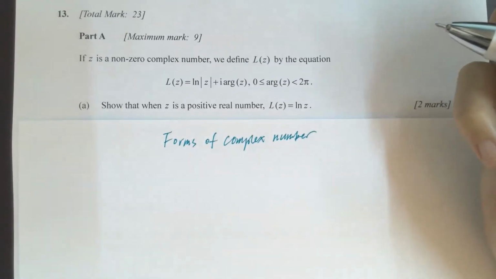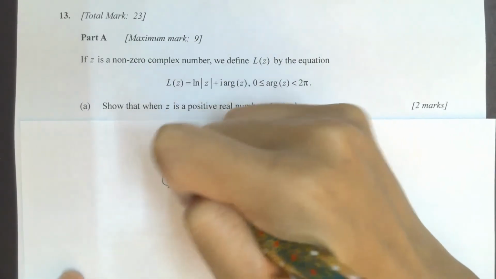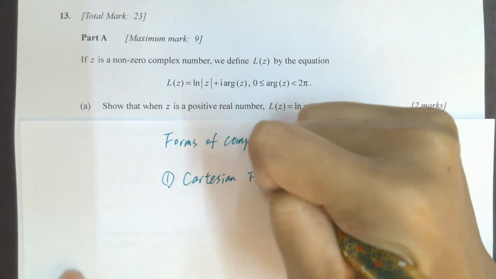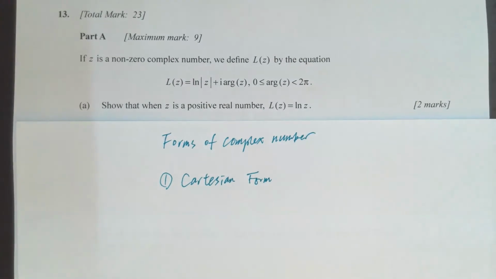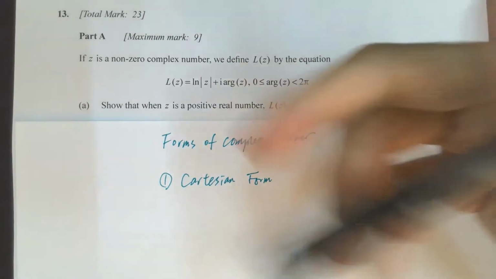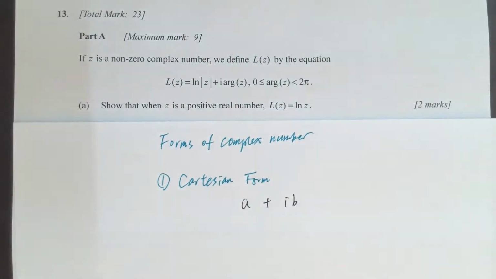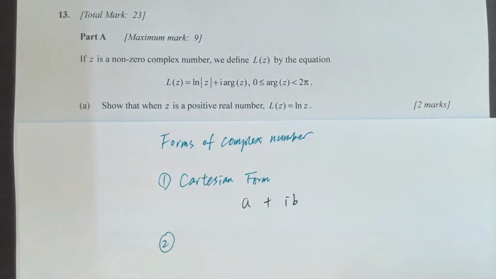Right? So, what is this focus? Okay, I hope this focus is fine. Forms of complex number. The first one is our Cartesian form, remember what it is? Let's use another color maybe. Okay, Cartesian form, we write it as a + ib, where a is our real part and b is our imaginary part. The second form is called the polar form,